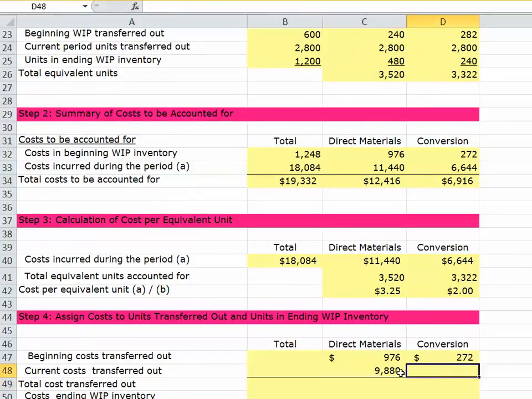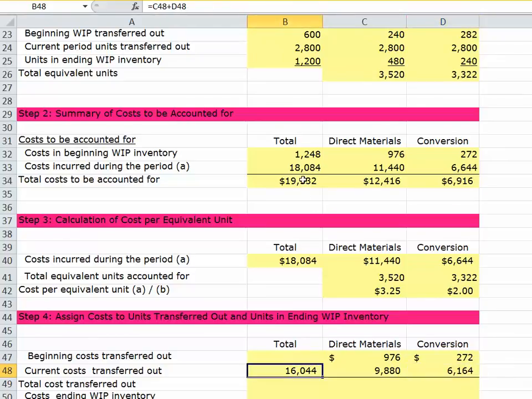For conversion cost, we'll do the exact same thing, and we get 6,164. Adding those together, we've got 16,044, and